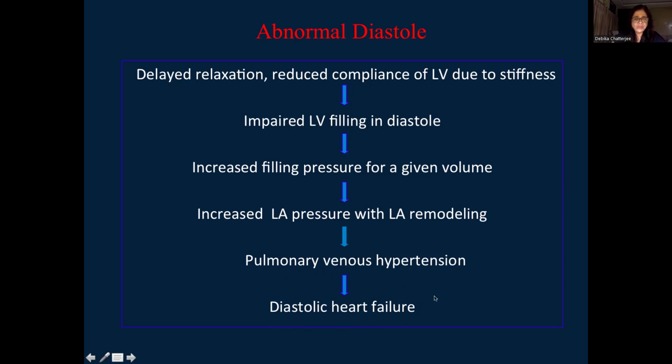So my patient was in this phase. He not only had the diastolic dysfunction, but he also had the diastolic heart failure. His diastolic dysfunction started from this phase where there was delayed relaxation, but after going through these pathophysiological sequences, the patient ultimately went into diastolic heart failure. So this is the